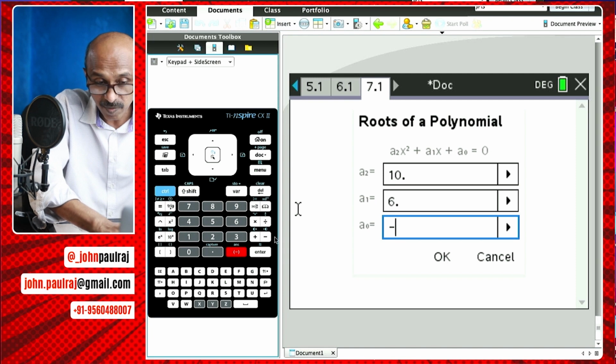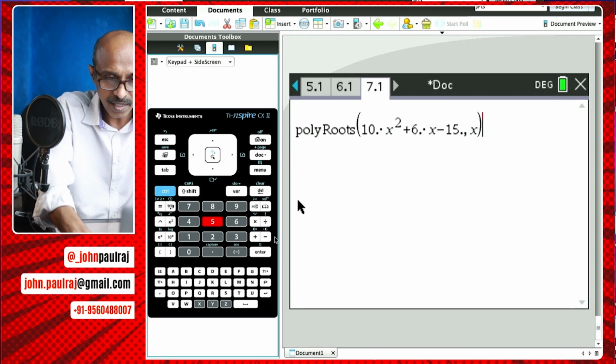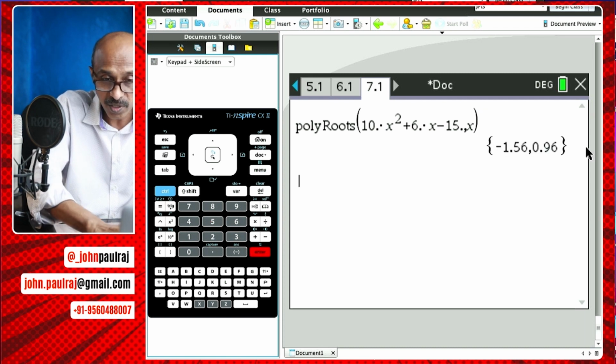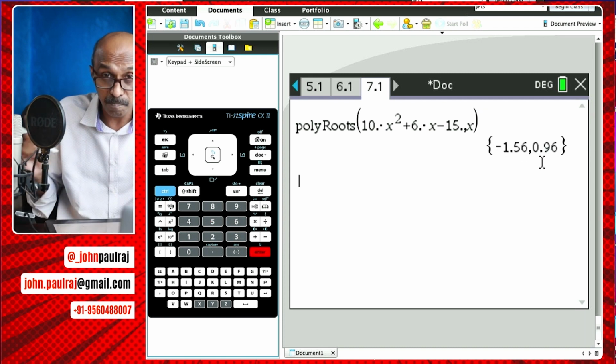Okay, this is for negative and this is for subtraction. Negative 15. Hit enter. Hit enter again. It'll give you the syntax. Hit enter. Now it gives you to the 2 decimal places as required. But